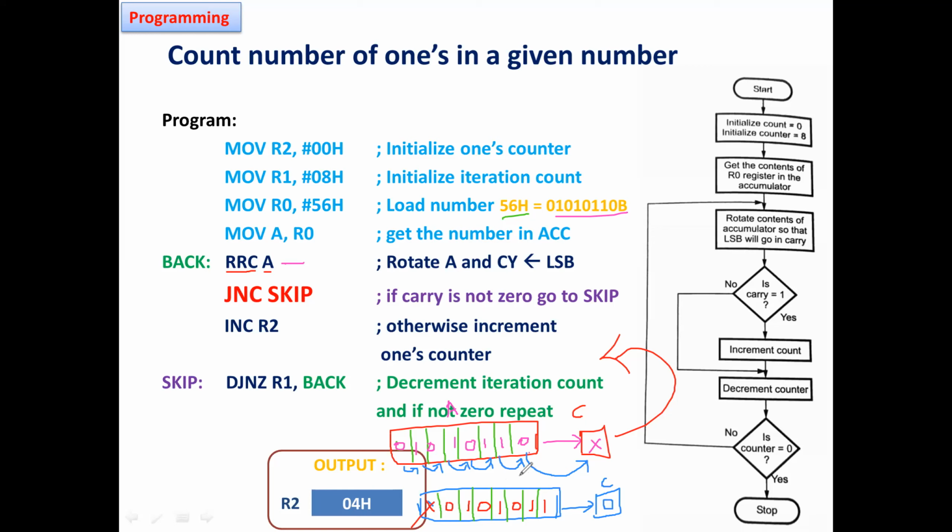Okay. See, after execution, this zero is moved to carry because we are shifting right side. 0 now is moved to carry. Then this 1 is shifted to first, that is bit 0. See, it is moved to bit 0. This value is moved to bit 1. 0 is moved to bit 2. 1 is moved here. And 0. This one is moved to next location.